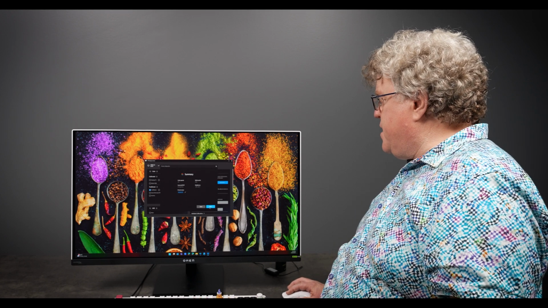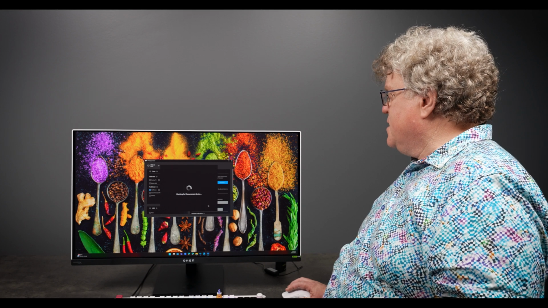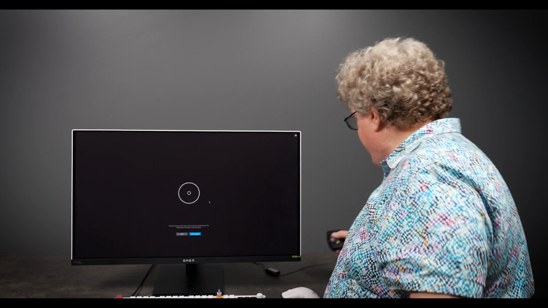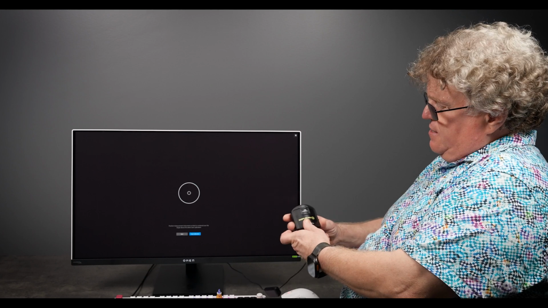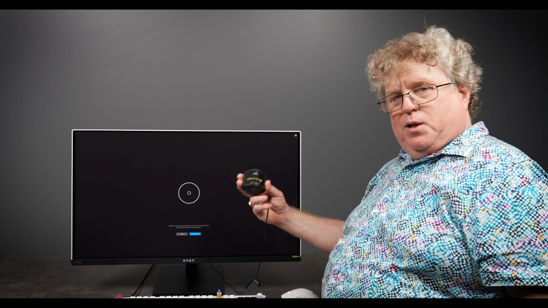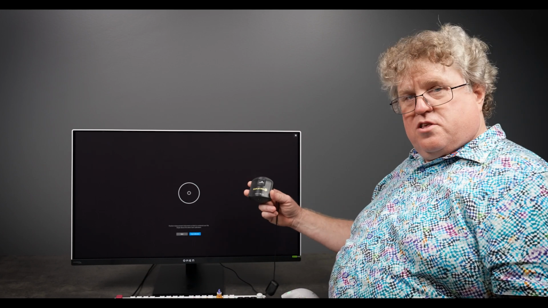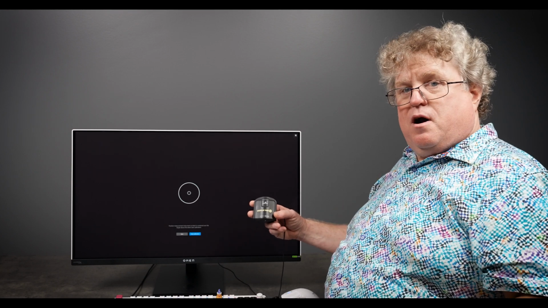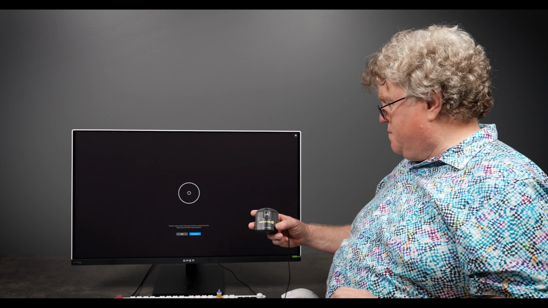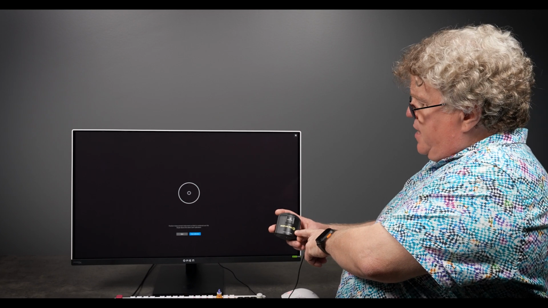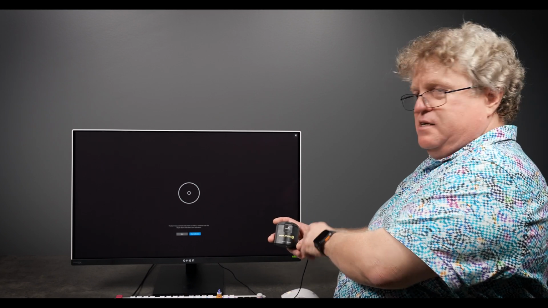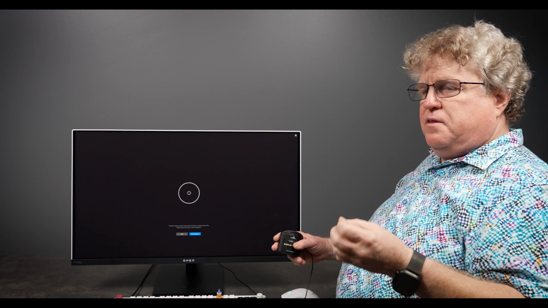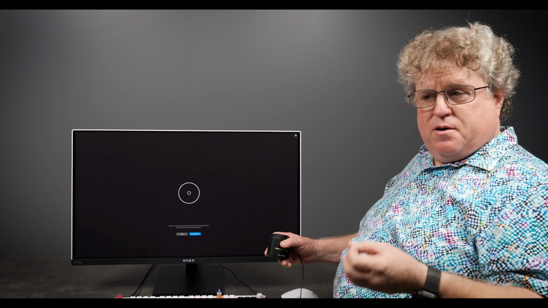The next thing we'll do then, if I click next, is it will check for measurement devices. You have to have a measurement device physically in your hand and plugged into the computer or to the monitor, assuming you have a USB connection between the computer and the monitor, which is required for calibration. This is a Calibrite Display Pro HL, but there are a number of other ones that are available, and on screen you see the list of instruments that we support.